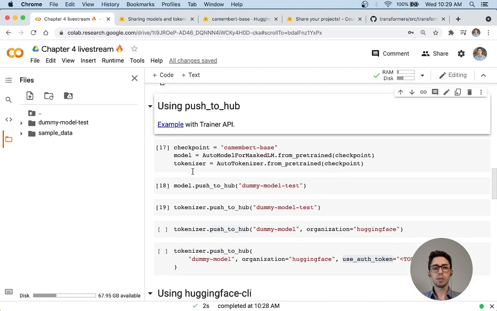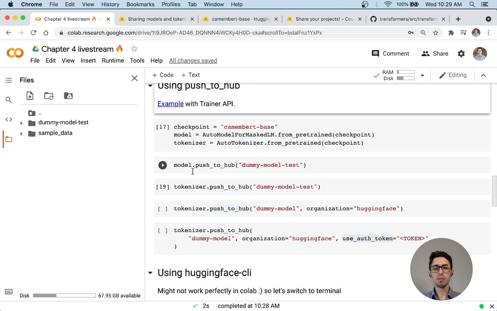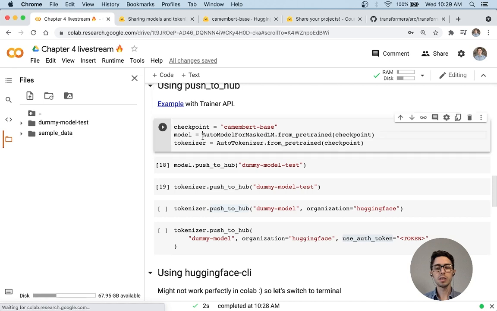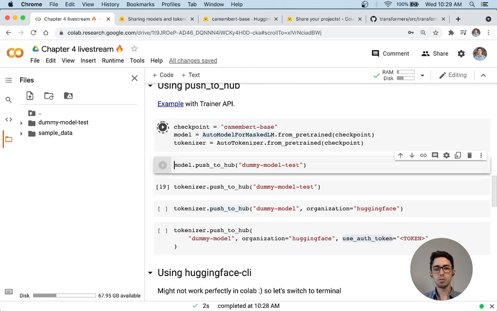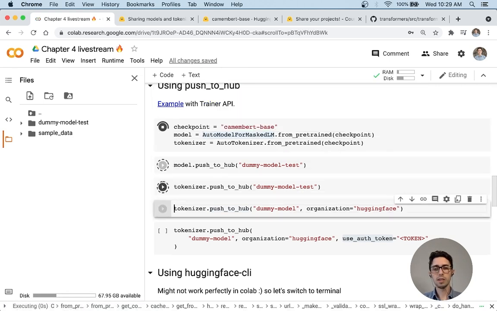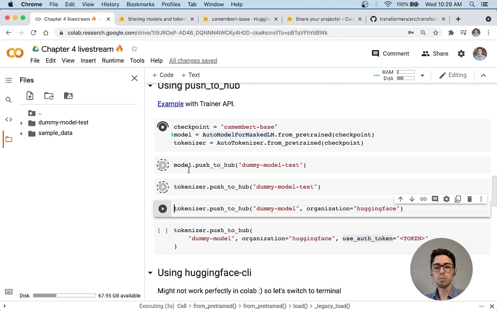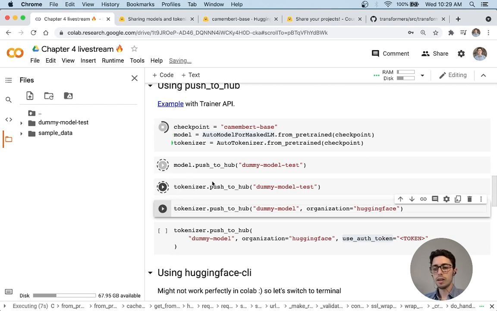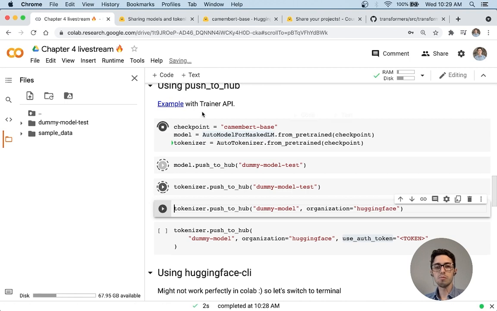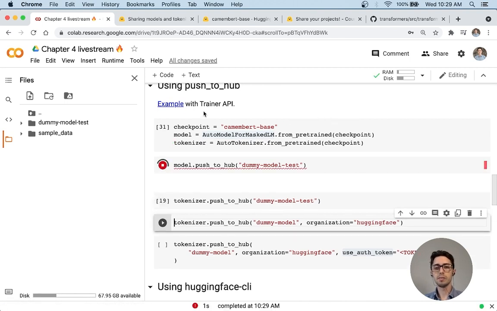So I'll show you a few examples. The nice thing about the push-to-hub API is that everything in Hugging Face Transformers has this method: models, tokenizers, you name it. If you do these first three lines, it will push the model file and it will push the tokenizer file. What is very nice is that if you use the trainer API,